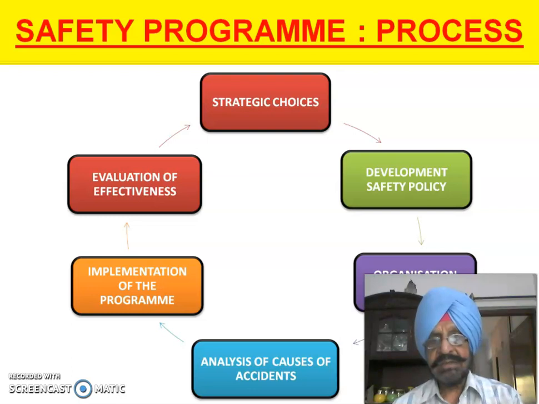Now let us see the safety program process. Safety program process starts with the strategic choices, developing a safety policy, then organization for safety, analysis of accidents, implementation of the program, and evaluation of effectiveness. The details of this safety program I will be discussing in the next lecture. So we will start with the strategic choices. So in this session we have done our ethics, basics of